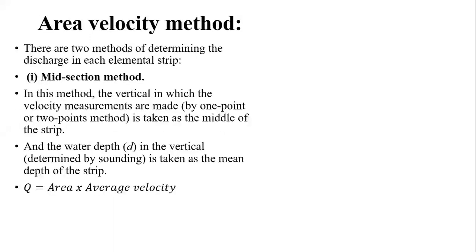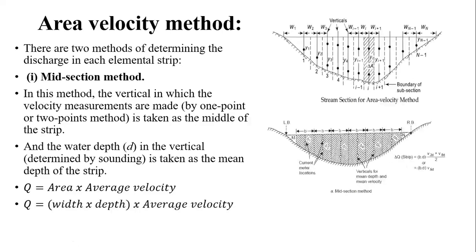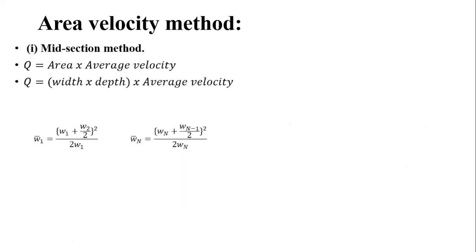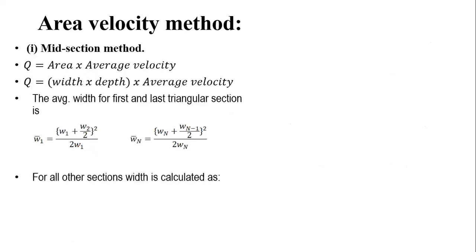That is, we have taken all the observations exactly at the center point of a stream, and we have considered that the area covered by that vertical, that is the instrument which you place over there for measurement of velocity, a current meter, used to cover half the width of the left hand side strip and half the width of the right hand side strip. By considering that, we have calculated the velocity, and then we have calculated the area also.